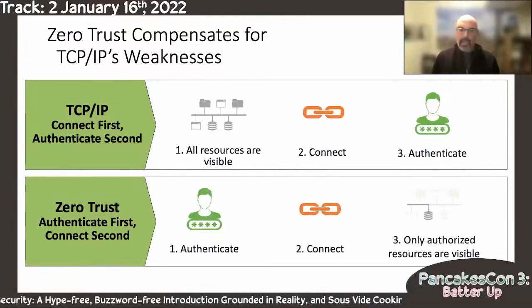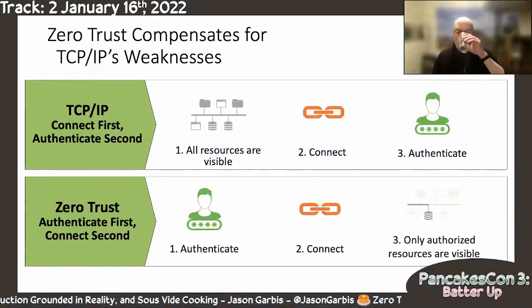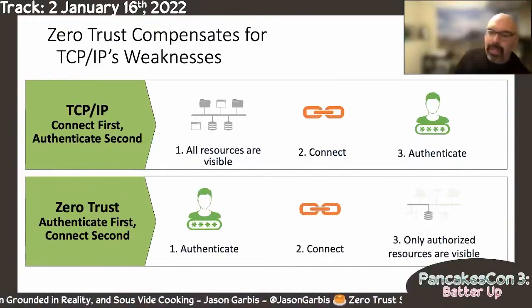When they connect, you're also enforcing the principle of least privilege. I'm moving away from the world of I sign on to a VPN and I see 2,000 servers on my corporate network, and we're moving to a world of I just turn on my device, I authenticate, and I can get access to the 10 resources that I need. The second piece